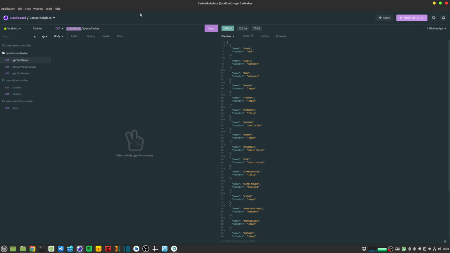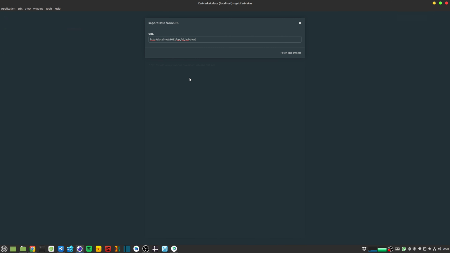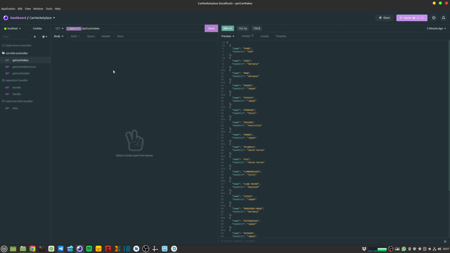And within my Insomnia, you can see that I have already imported all of my REST endpoints. And the way to do that is just going into the import and export function over here and using the import data from URL and providing the API docs endpoint. Now, because I have already done that, I'm not going to do that again. So I'm going to close that.